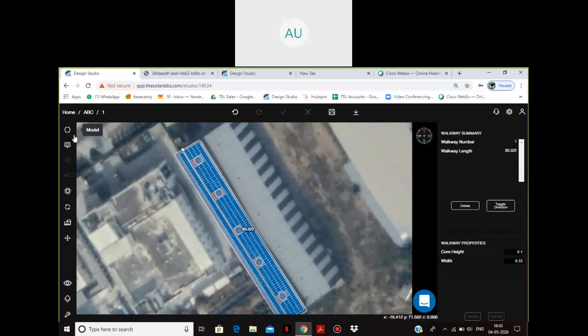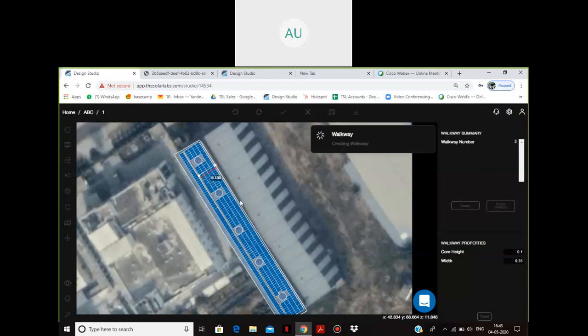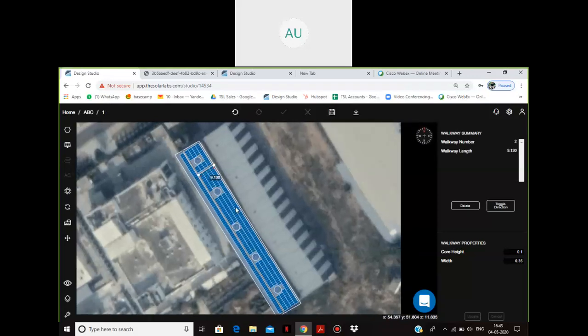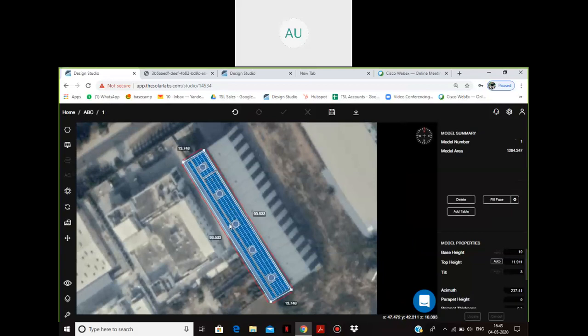Similarly, I can even add horizontal walkways over here as per my design and as per my need, and the capacity will automatically get updated. Yeah. So right now I am done with half of the shed. Now I want to make the other half. So I'll just copy paste this,